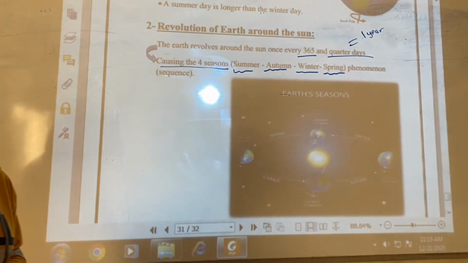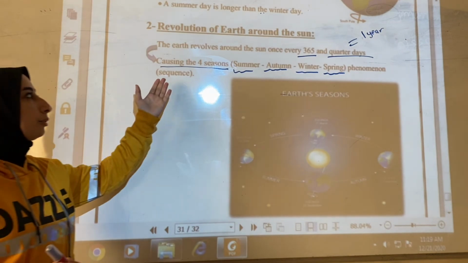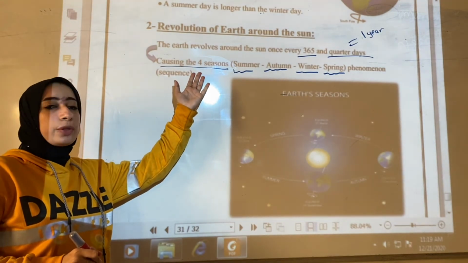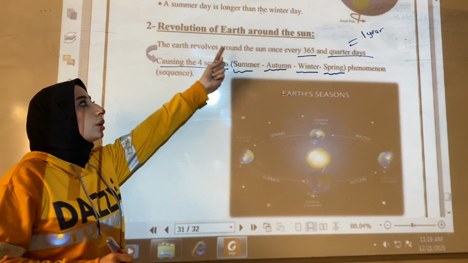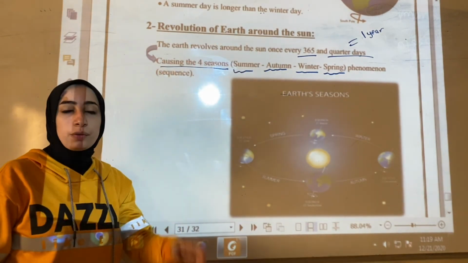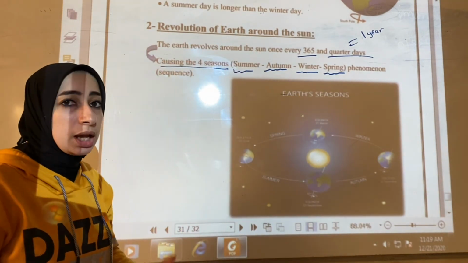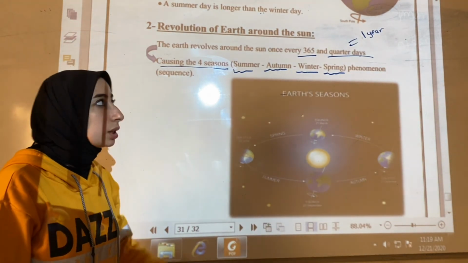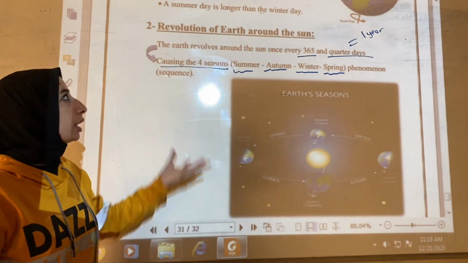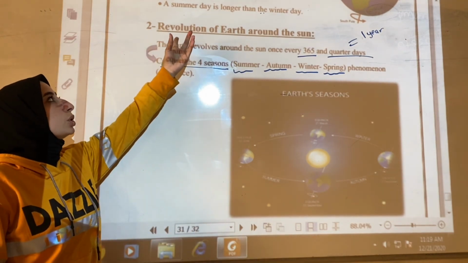So again, the phenomenon of the 4 seasons is caused by the revolution of Earth around the Sun. For example, I will ask you, give reason. Give reason. The 4 season phenomenon occurs. Give reason means why. Why? Because or due to the revolution